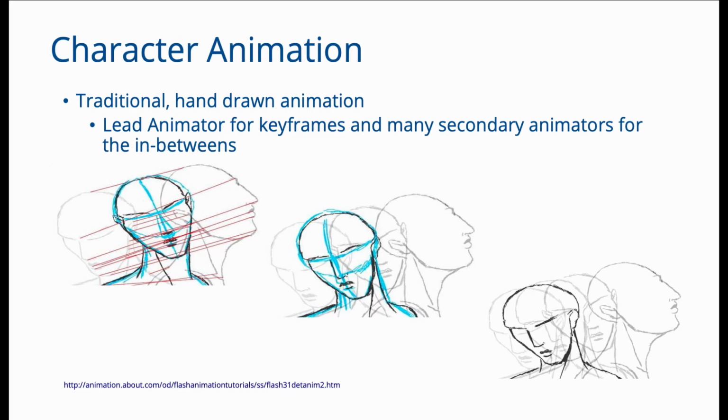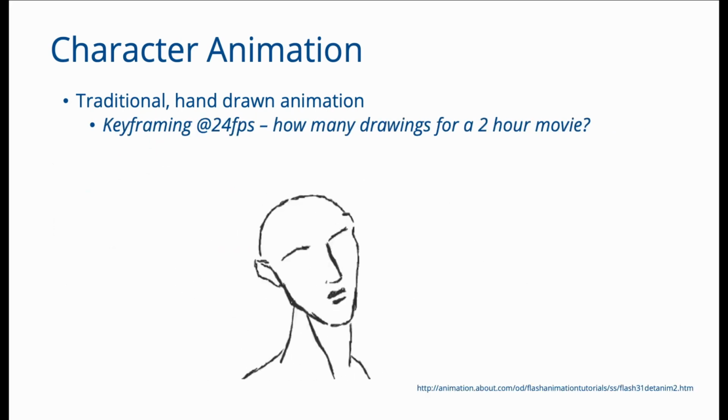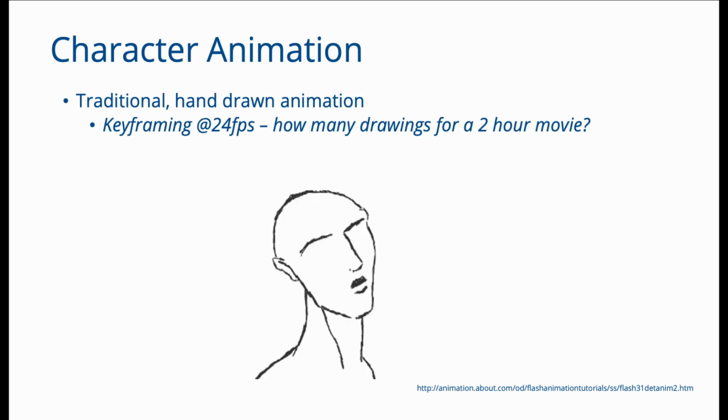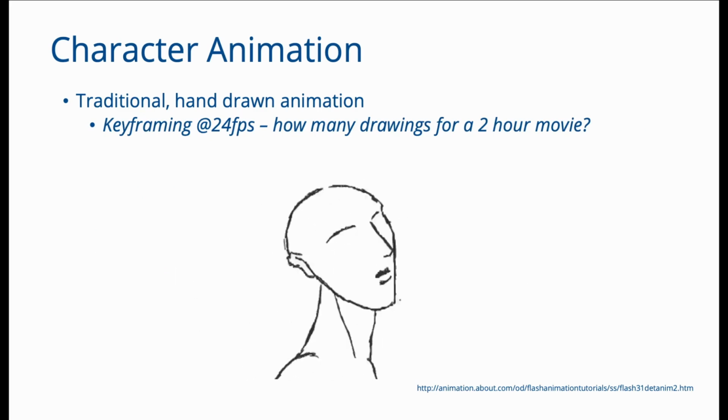Depending upon how fluid you want your movement to be, how much time you want to pass between the key poses, and the rate at which you are animating, you can be required to draw anything close to 30 frames per second or 60 frames per second and so on. So you can imagine that drawing all these in-between frames is a lot of work. But once you have put in that work, you get an animation that looks like this.